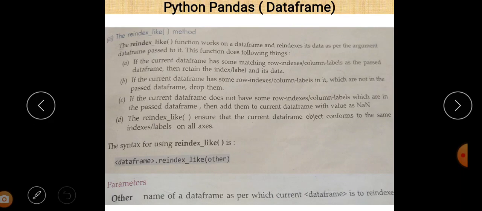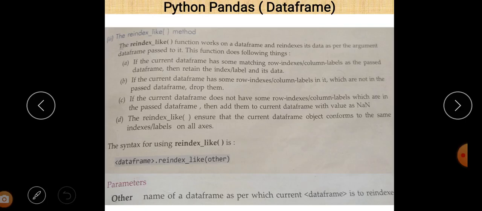The function does the following things. If the current data frame has some matching row index or column labels as the passed data frame, then retain the index label and its data. Second, if the current data frame has some row index or column labels in it which are not in the passed data frame, drop them.